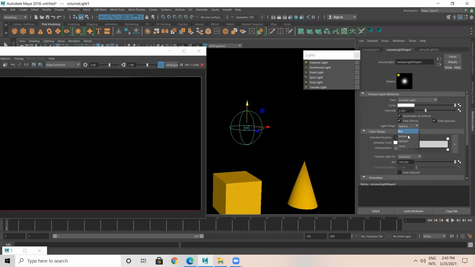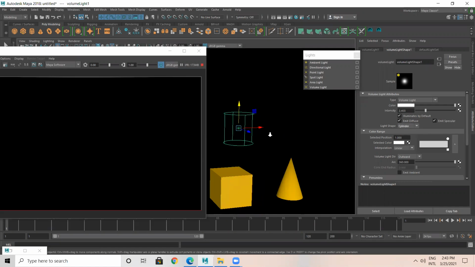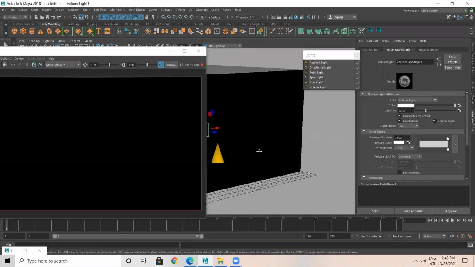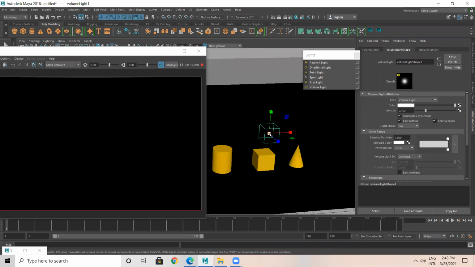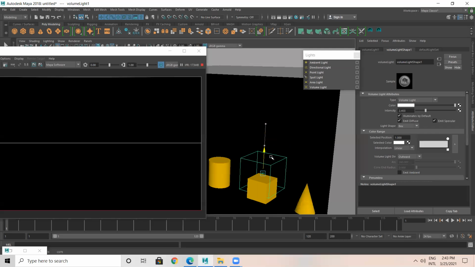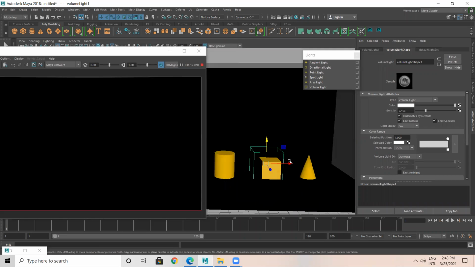The shape of the light also you can change. I would like to change this to cylinder or square or box. I'll make this a box. Now what I'll do, I'm going to increase this and place it in this particular box. Inside this box, I'm going to use this. Now you can see my box is getting visible.